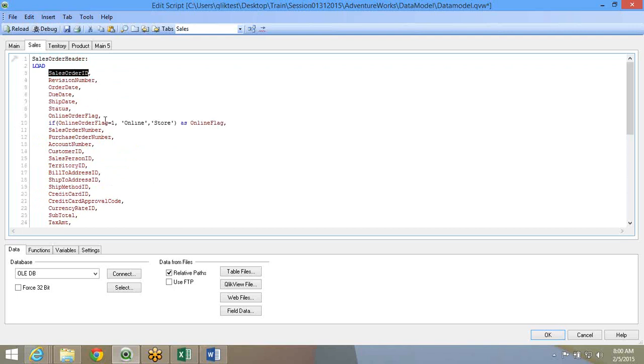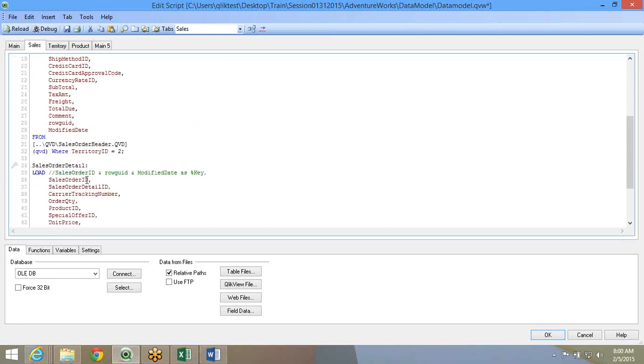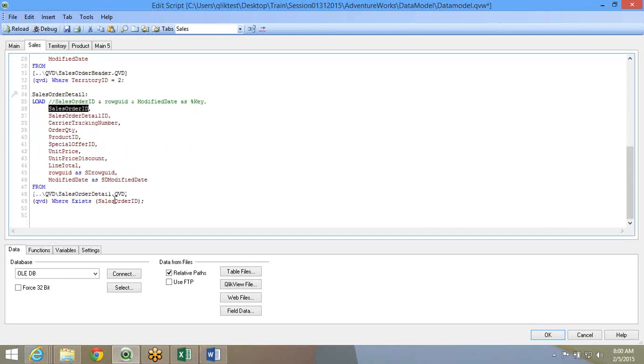The first table is loaded, and the existing sales order IDs in the memory are the sales order IDs from that table. So when the 300 are loaded, in the second load, when I use where exists sales order ID, it will match those 300 records and bring those values over here. That way I can filter it out immediately.